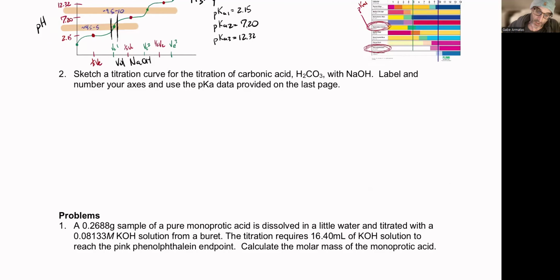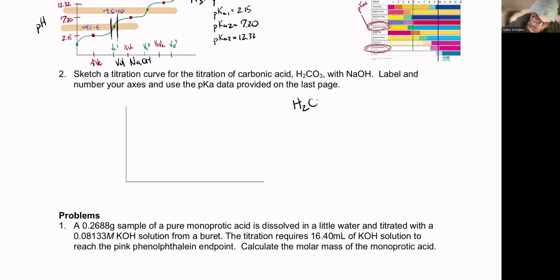Sketch a titration curve for carbonic acid. Okay, so we're going to do carbonic acid. I would encourage you to take a look at a handful of polyprotic acid titration curves. It's pretty interesting to see how varied they are. Phosphoric acid looks fantastic. You can see it, all three of them super stable. But if you look at carbonic acid, we see that the Ka values, we have two Ka values for my